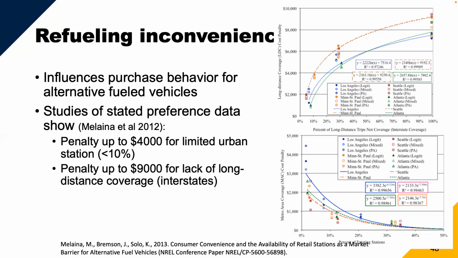And you can use this in some kind of spatial optimization algorithm in order to figure out how much to deploy. And so this shows these curves about percentage of coverage, you can think of it like that, percentage of coverage versus the cost of the inconvenience to drive. So I think these are a handful of different approaches that different modelers have taken to try and figure out both how many stations to deploy and where to deploy